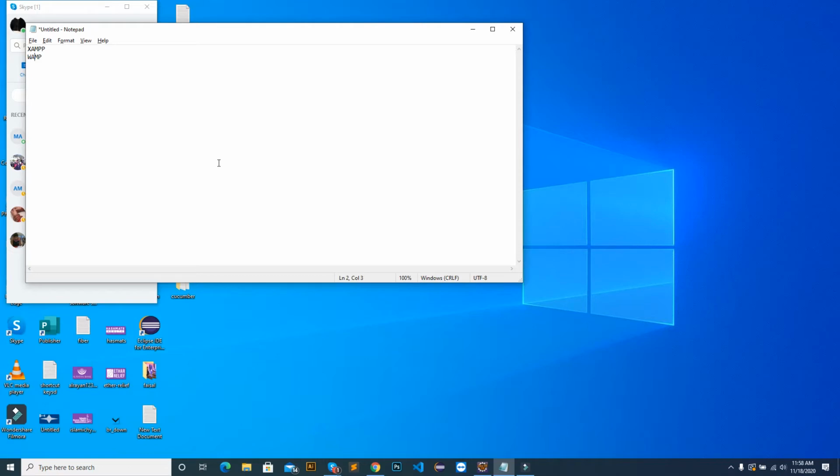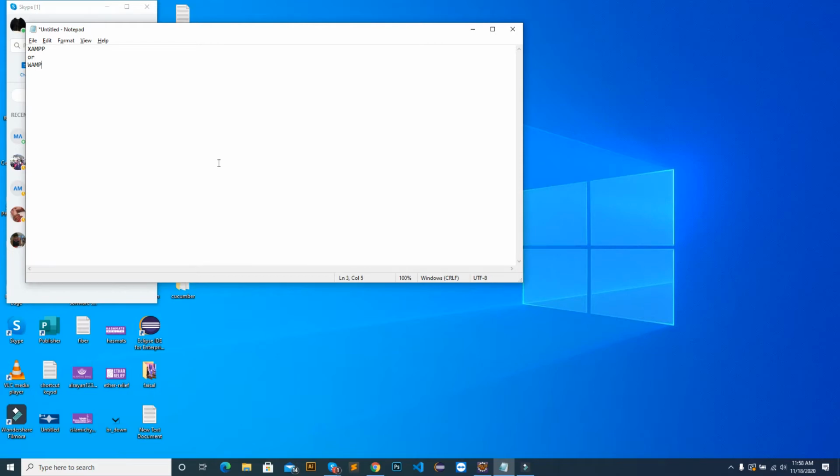WAMP means Windows, Apache, MySQL and PHP, and LAMP means Linux, Apache, MySQL and PHP. If you are using Linux, then you download LAMP, and if you are using Windows, then you use WAMP. Any one of these. It contains the Apache web server, MySQL database, PHP, Perl, and Python coding languages, right?